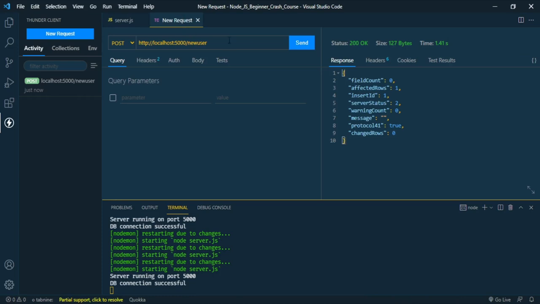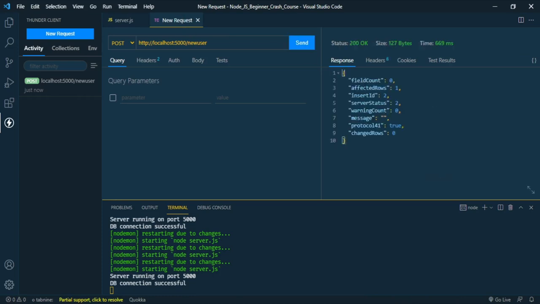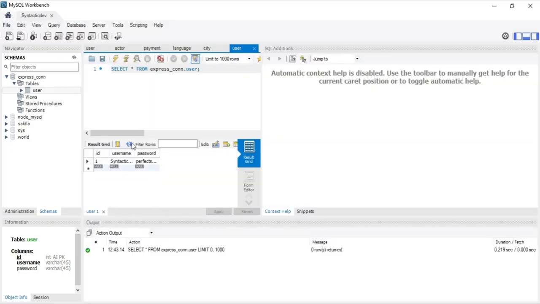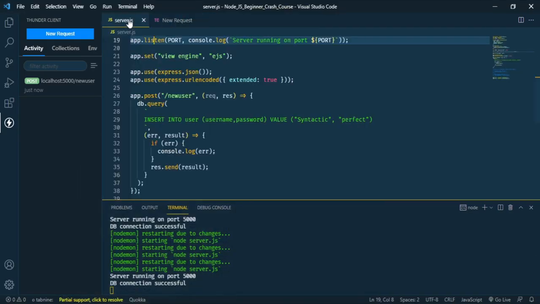So let's go back and send in our new request, and see here another one has been created. So let's go back and reload, and you can see here now we get the ID of 2, static, and the password is perfect. And let's go back right here now and make it in a way that we need to insert the form data. So to grab the form data right here,